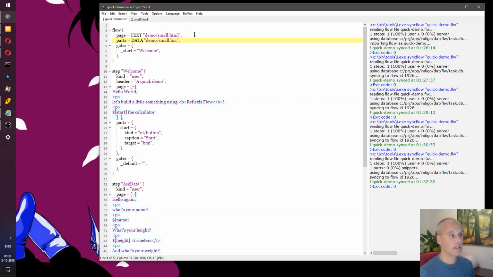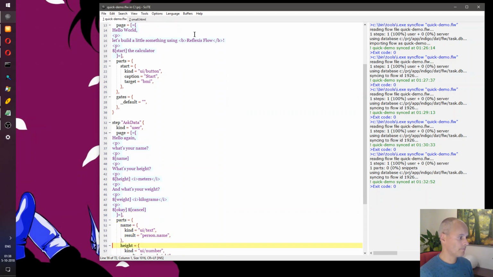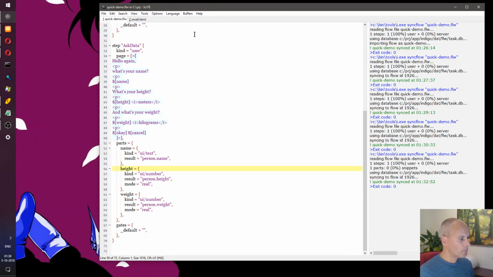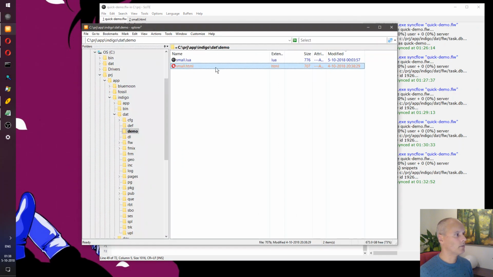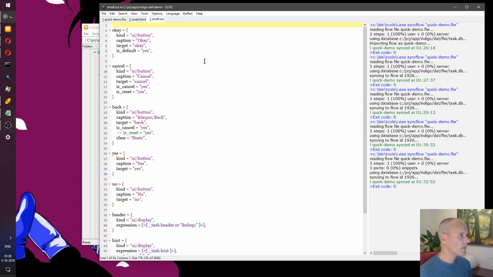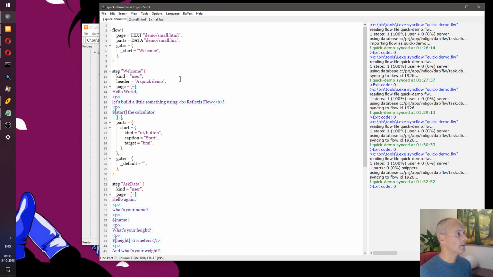And again, I'll show you later on how these definitions look, so you know how that works as well. And oh yeah, let's open them up now. So these are the definitions that I've just pulled in here.